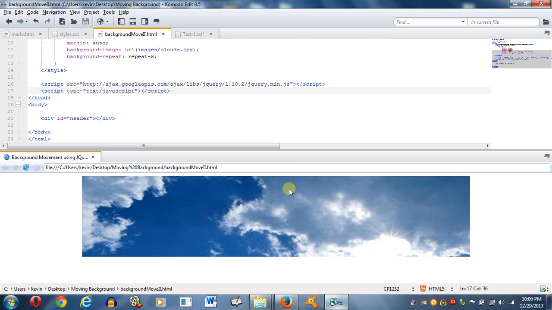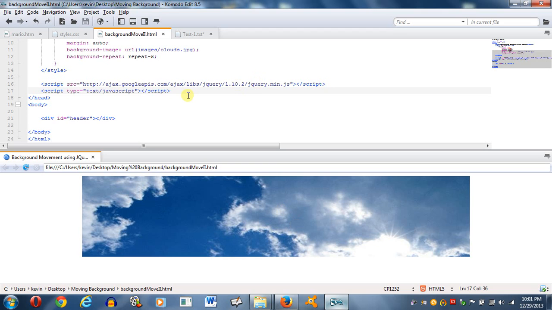image. This isn't originally my idea. I actually got this from a fellow YouTuber, but I did modify some of the code in a later example I'm going to show you. But anyways, the idea is to take this background image and animate it so it keeps going to the left or to the right, depending on how you set it up, and I'm going to show you that here